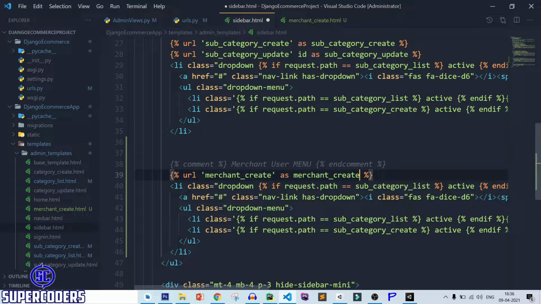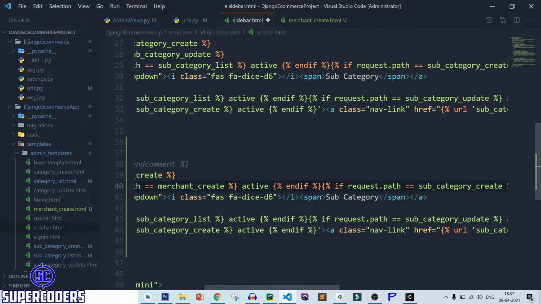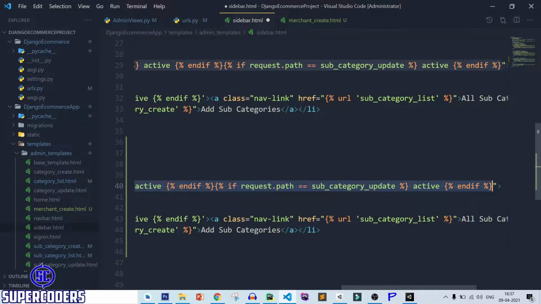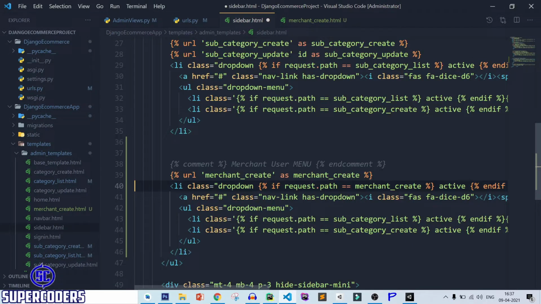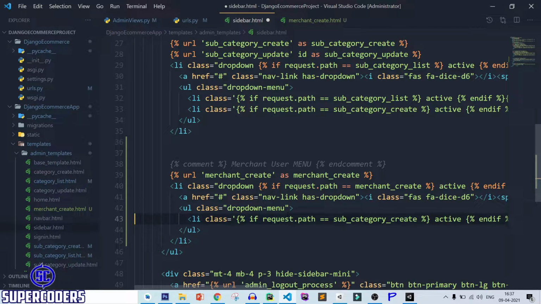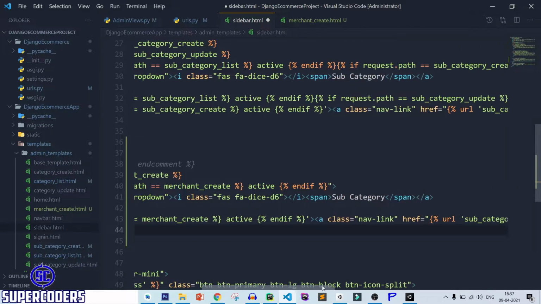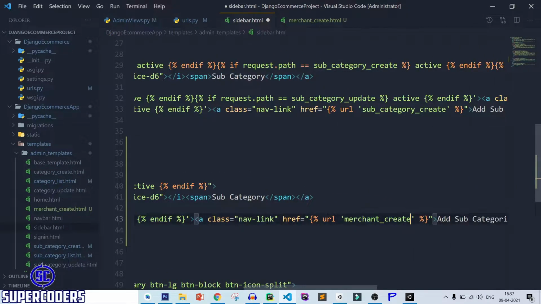Copy it, paste it, paste it, and here move it. So if page is merchant create, then you can make it active. Now here are two menus, so remove one, removing merchant create.